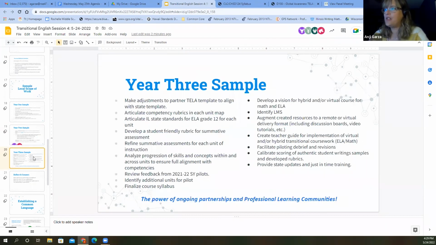This is year 3. So these are all the things that we're going to be doing this summer and into next summer. So we're going to be reviewing some pilot information. We're going to be refining our work. We're thinking about, we're such a small community. What happens if,